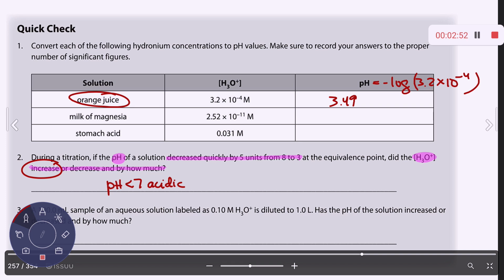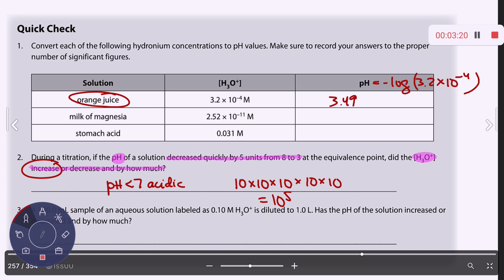By how much? Well, if we changed by 5 pH units, that means technically it was 10 times 10 times 10 times 10 times 10, for every pH unit, right? Because it's a log scale. So that means 10 to the 5th is how much the hydronium ion concentration changed or increased, okay? All right,